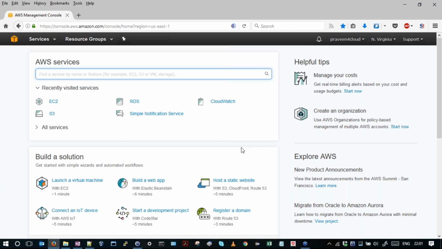Here I'm going with the assumption that you already have an account with Amazon Web Services. If you don't, you can simply go to aws.amazon.com and create an account. For this, you need to provide credit card details. Once you create an account, you have access to the AWS Web Console, where you can do the different cloud operations. So let's go to the EC2 Web Console.